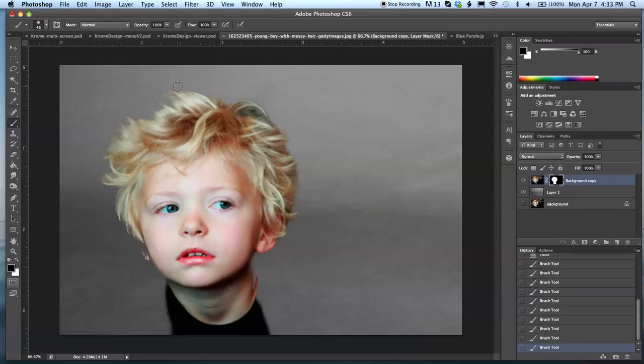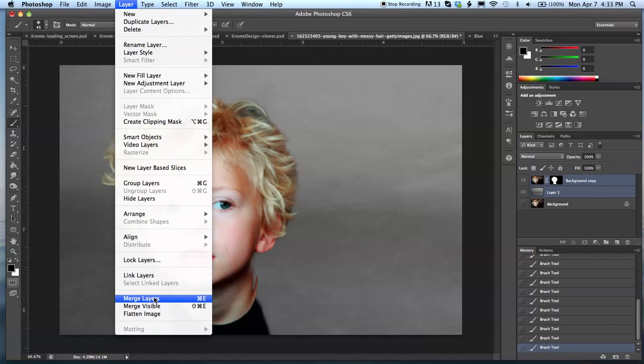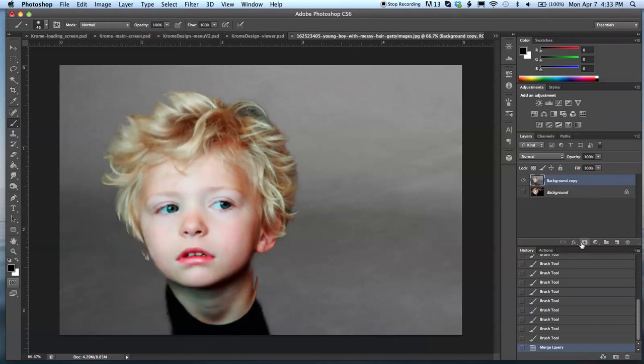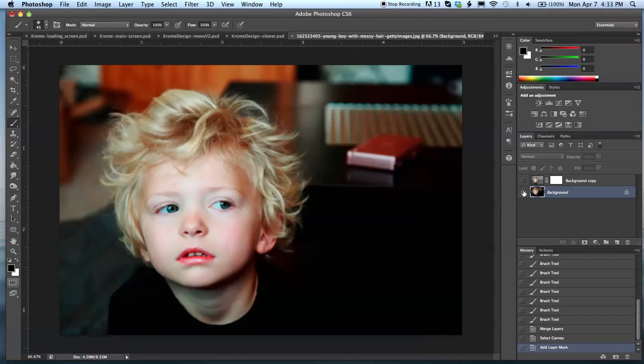Okay, so once you have that and you're satisfied with that, you want to make sure that you bring back the rest of the image. So first, let's combine these two layers right here. You can hit Command E on a Mac, or you can merge them if you come here. And put a mask on the entire layer. And then we're going to hide this layer, come back here,